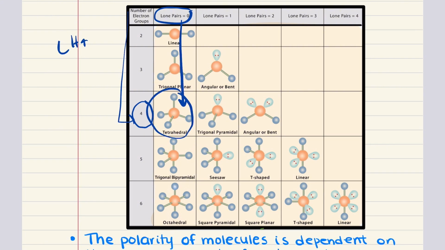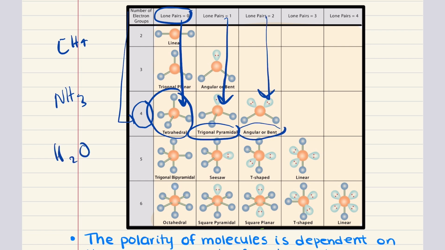It would also have, methane, a tetrahedral molecular geometry. What about ammonia, NH3? It had 3 bonds and 1 lone pair. It would actually have then a trigonal pyramidal molecular geometry. What about water? It had 2 bonds and 2 lone pairs. It would have an angular or bent molecular geometry. And so you notice that all these molecules, all 3 of them, had the same electronic geometry, but different molecular